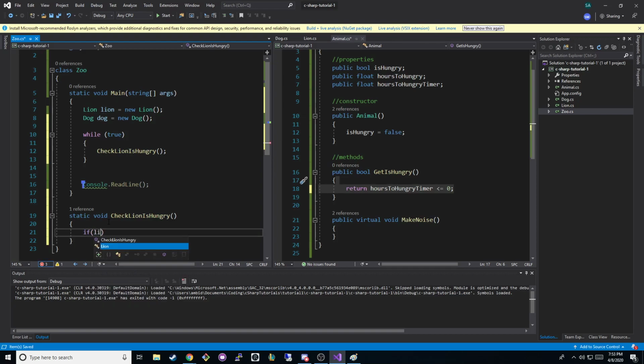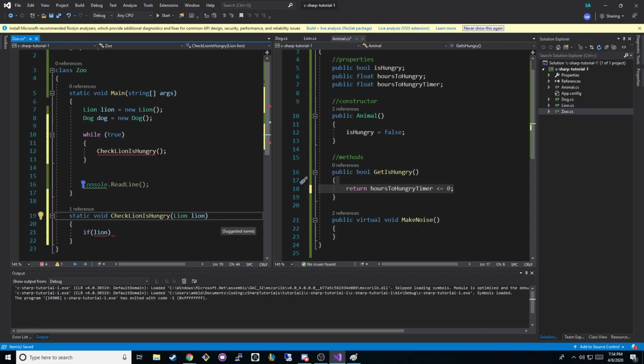And what we're going to do is say if... oh, that sucks, we don't have access to lion, right? Because we declared lion in here, and you can think of these curly braces like this: the .NET platform has a garbage collector, which basically says anything inside of these brackets, when we hit this last bracket, unless we're using it somewhere else, you can get rid of this memory. We don't need it anymore, right? We're not going to be in here anymore. For example, when the program ends here, we don't need any of this memory anymore. So we don't have access to lion. So what can we do? We could